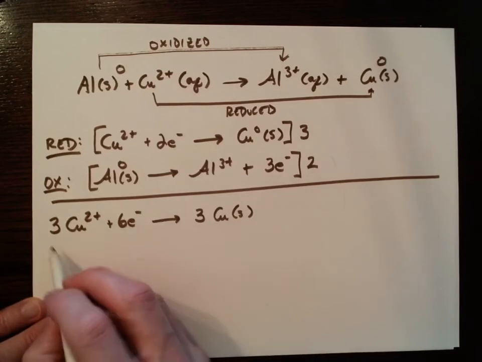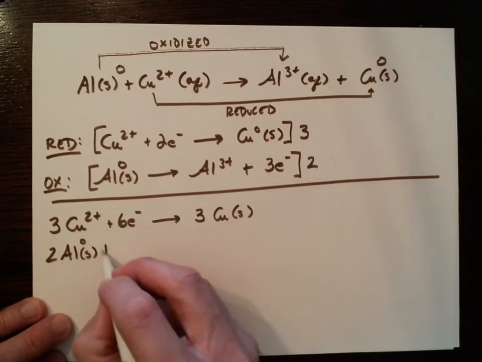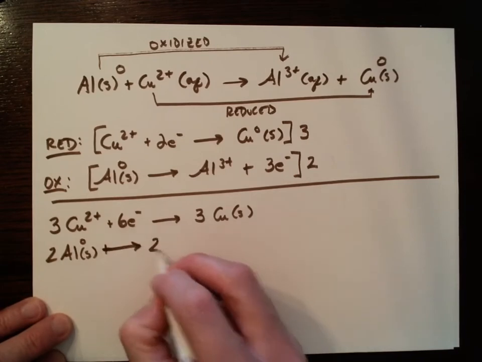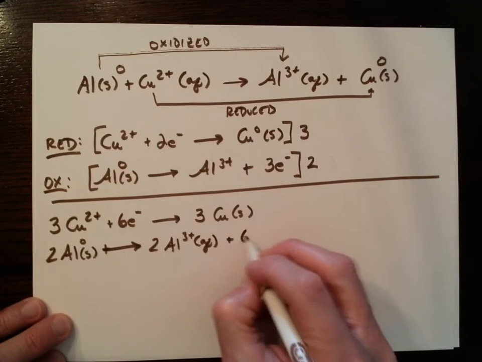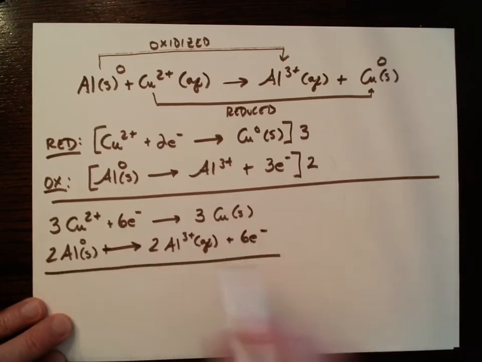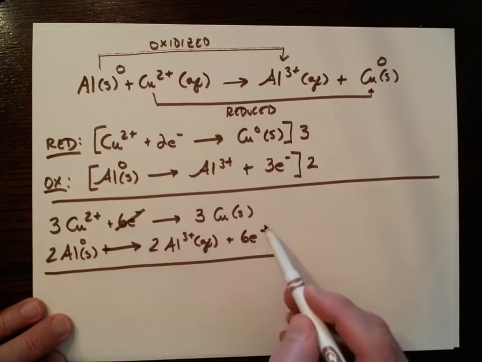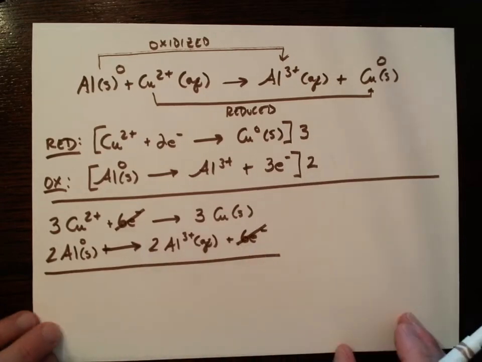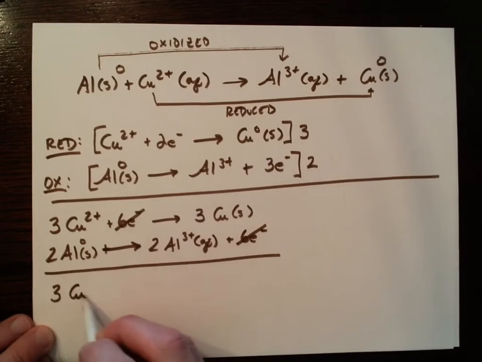And then down here, I'm going to get 2 aluminum solid goes to 2 aluminum 3 plus 6 electrons. Now if I add these together, I've got 6 electrons on the reactant side, 6 electrons on the product side. They can cancel, and what's left over is 3 copper 2